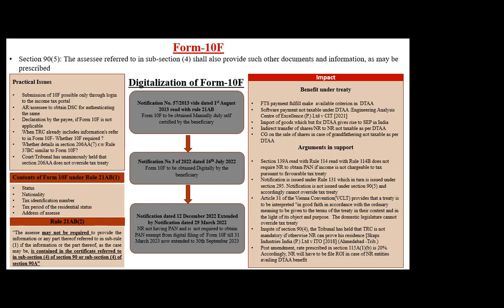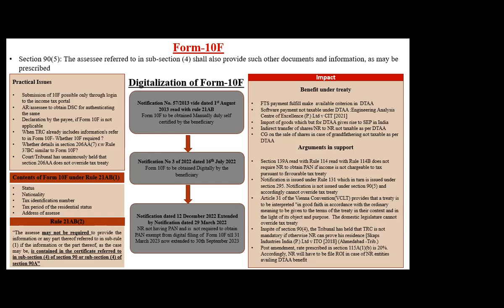Cumulative, मतलब together. NR नहीं भी, उसके बाद PAN भी नहीं था और उसको PAN चाहिए भी नहीं. He is not required to have PAN under the income tax act. मान लीजिए ऐसा होता है, मैं जस्ट एक चीज ऐड करता हूँ. मान लीजिए आपको रिक्वायर्ड नहीं था, बट आपने पैन ले रखा है, तो अगर आपने पैन ले रखा है तो आप इलेक्ट्रॉनिक देंगे. Correct. Agreed. So now what we are saying is that he is required to have PAN. He did not have the PAN and he is required to have PAN. If both the cumulative conditions are satisfied, then he is supposed to file that 10F digitally. No relaxation.